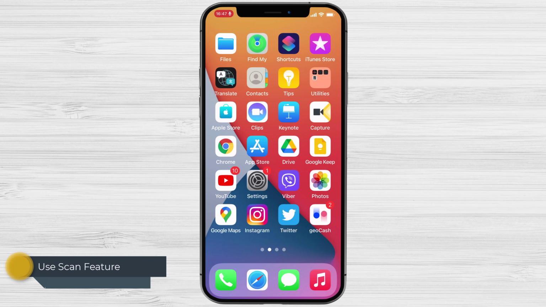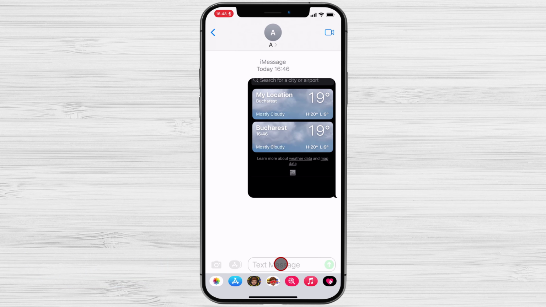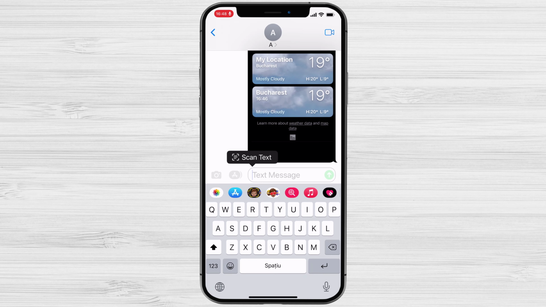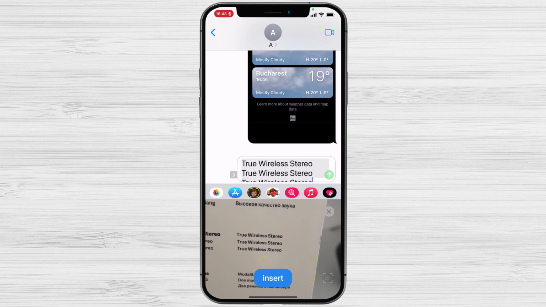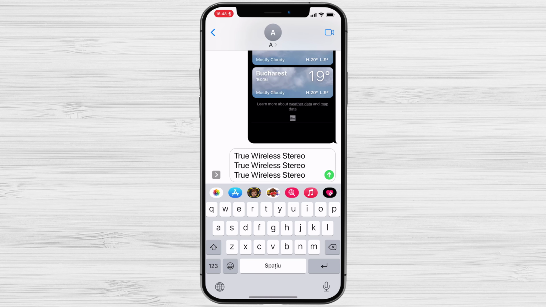How to scan any text. Like translation, scanning is built into the entire system. You can use it in almost every input field on iOS to scan a document and use text as input. To do this, tap the text field on iOS and then tap it again to bring up the text editing pop-up window. Select Scan Text in this pop-up window. Select the Scan Text option to open the camera view and place the camera on top of the document to scan the text. Tap the text of the document you want to insert and the camera will focus on the selection. Then tap Insert to place the text in the iOS text field.